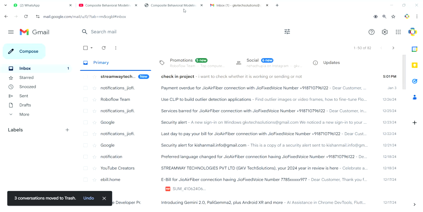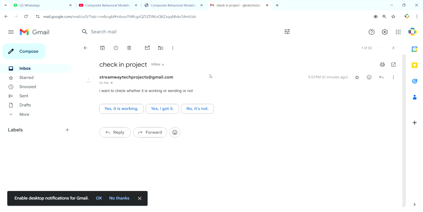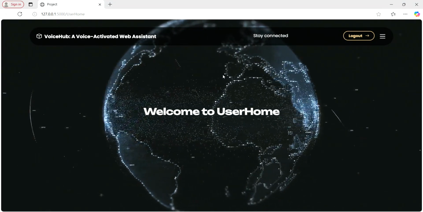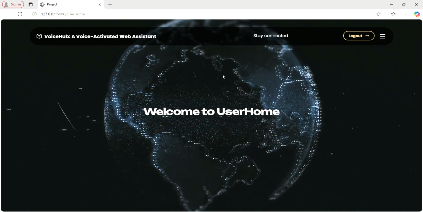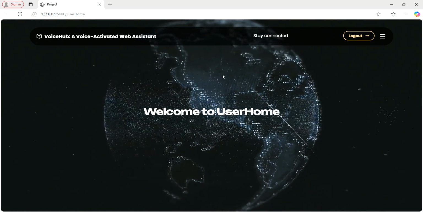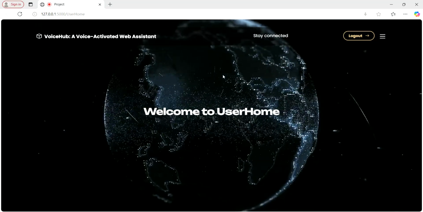Welcome to user home. To send mail, say send, or to view mail, say view. View.